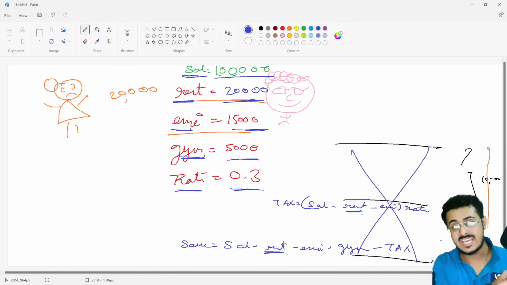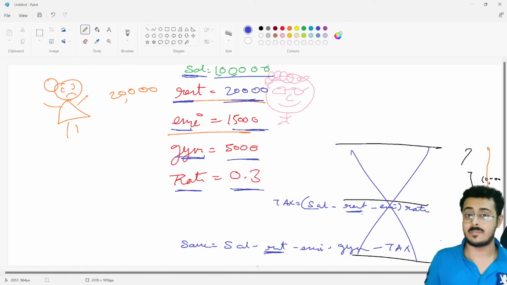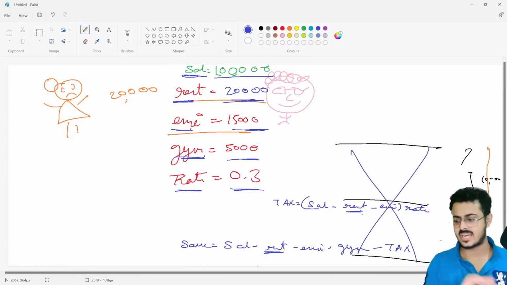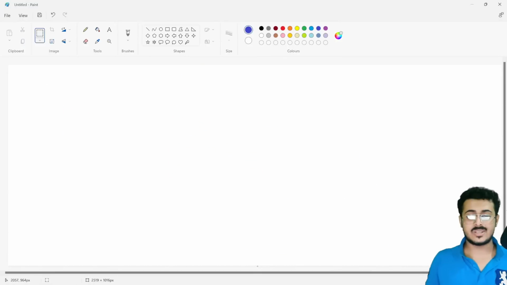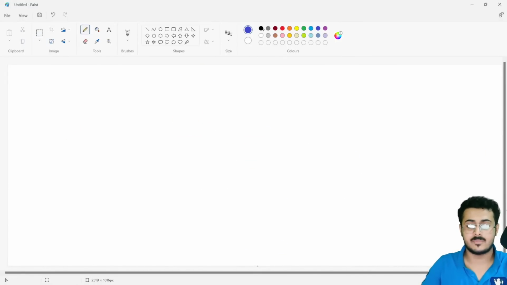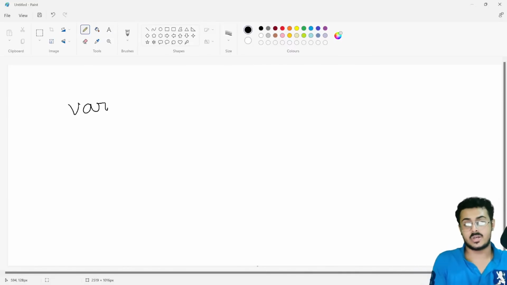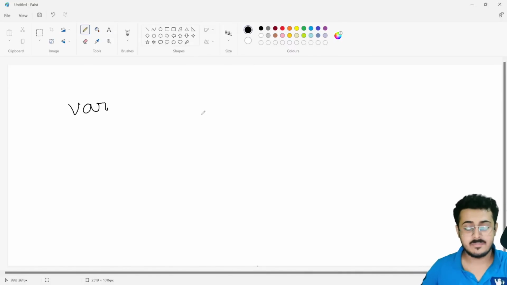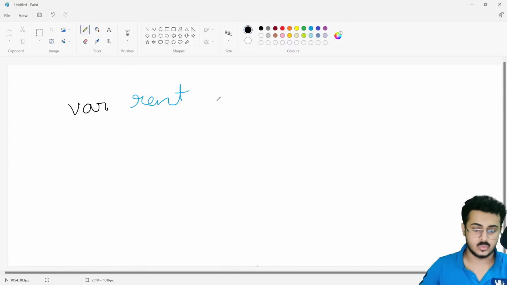So this nicknaming is a concept that is called a variable in every single programming language. Any programming language that you're using, at the end of the day, you will be learning about these variables. Now, to create a variable in JavaScript, the process is extremely simple. You start off with writing var, which declares that you want to create a variable. Then the name of the variable, whatever you want to name it. Let's say we want to name it rent. So rent is equals to, and then the value that you want it to be assigned.